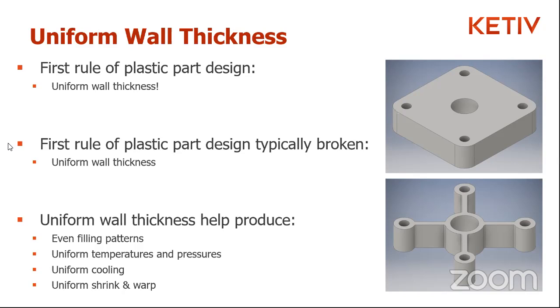But what we're trying to call uniform here is basically to avoid massive, sudden changes in thickness, right? If there are going to be changes in thickness, make them small, subtle, and gradual. And if there are going to be large changes in thickness, then maybe we need a different approach to mold that part,